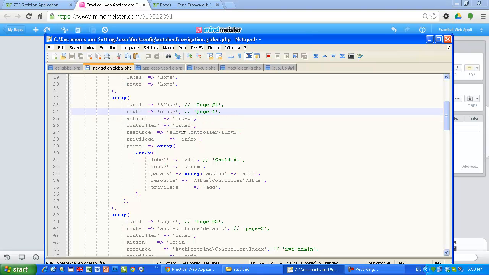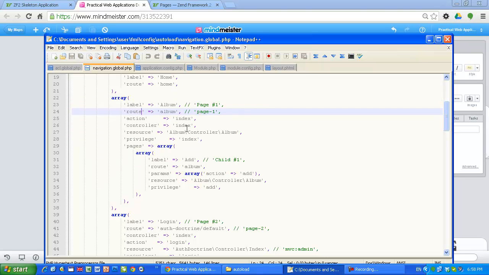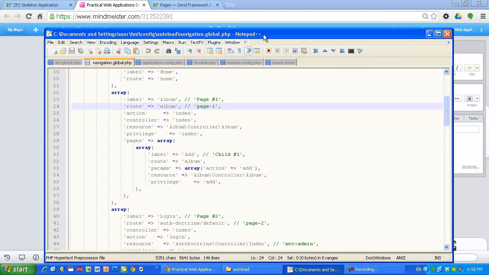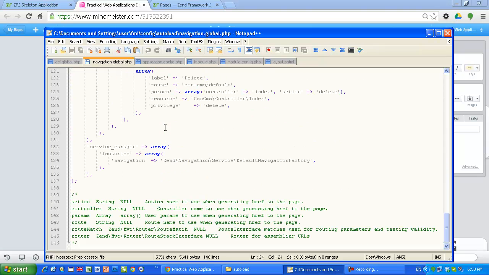This is just to explain to the navigation view helper how to build the URL to this resource in our application. Also, we have added the resource and privilege as properties to this object, but we haven't used them in the simple navigation. Once you build this navigation array, all you have to do is explain to the service